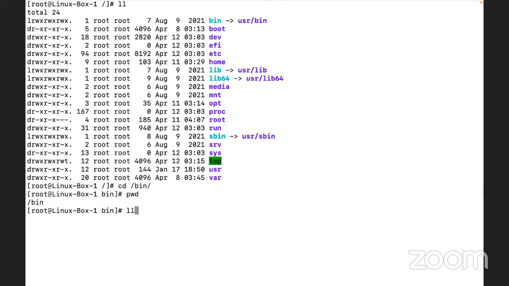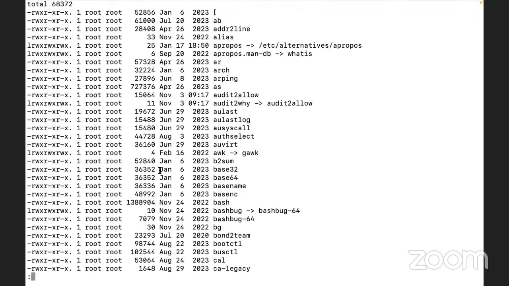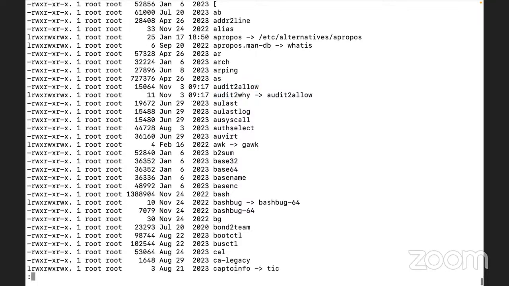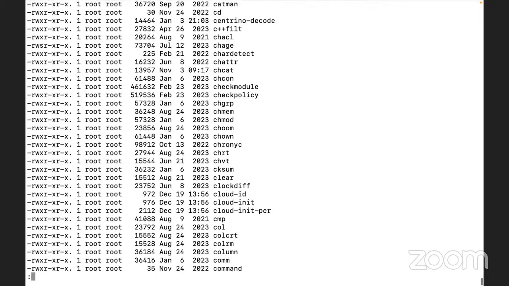All the commands which are available here, let us say I'm going to see the output in latch mode. Slowly we are going to see AB, ADDR 2-line, alias, and AR, ARC, AR ping, AS, audit to allow. Every individual command, what you can see here.